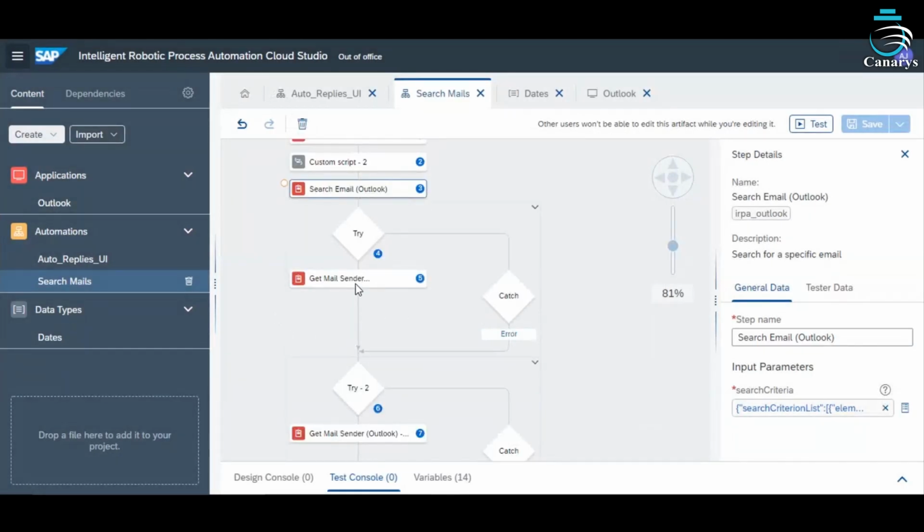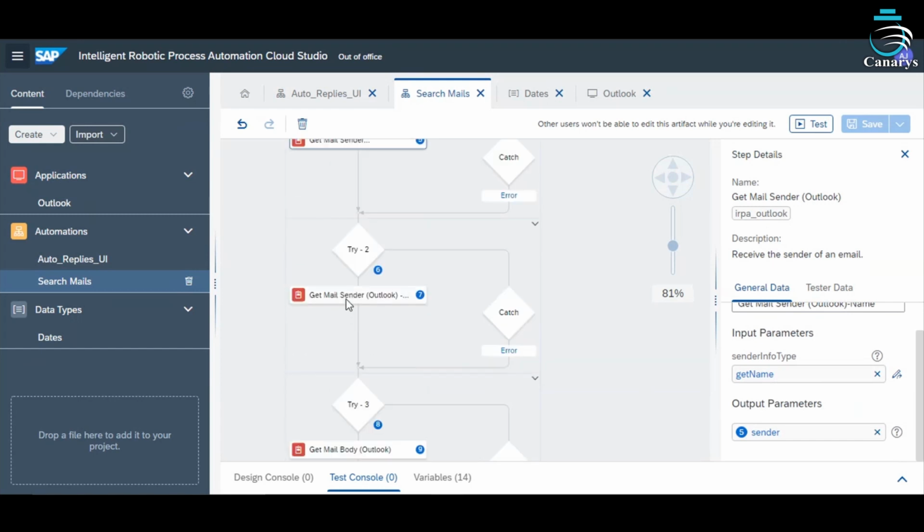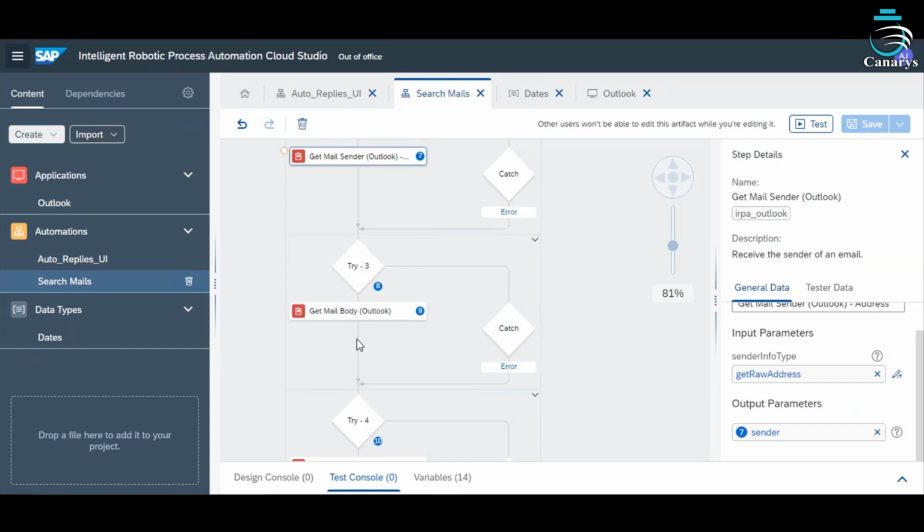So after getting the search email parameters, I'm trying to extract get mail sender. So here I am getting the name of the sender. Then here I am getting the email address of the sender.